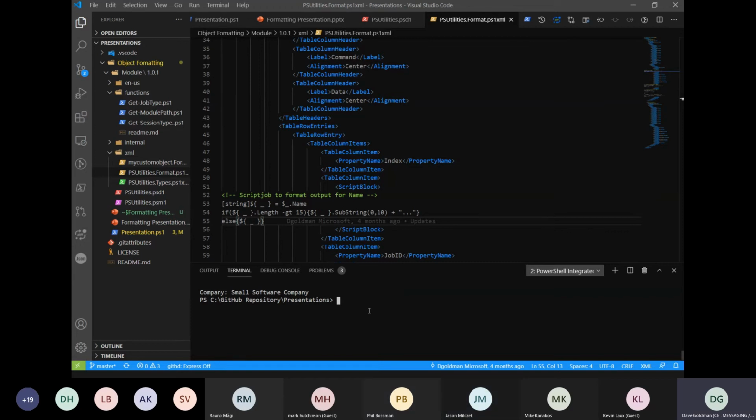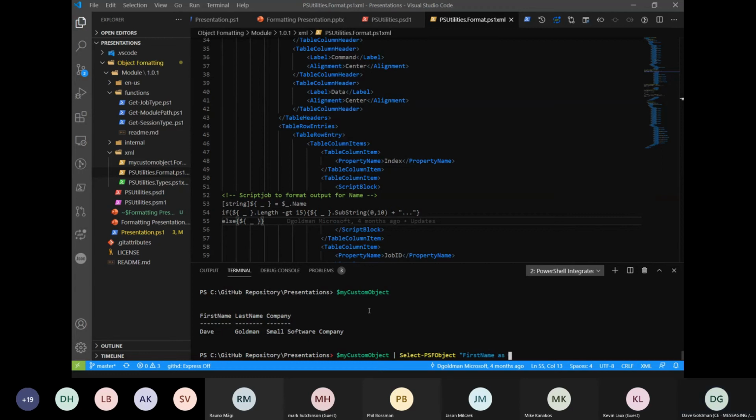There are so many cool things, like, say for example, I want to do my custom object, and I can do Select-PSFObject, and I can say first name as... I can just do custom formatting on the fly while I'm retaining the object.